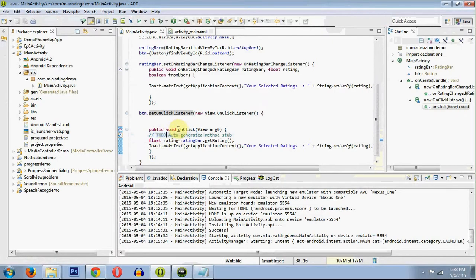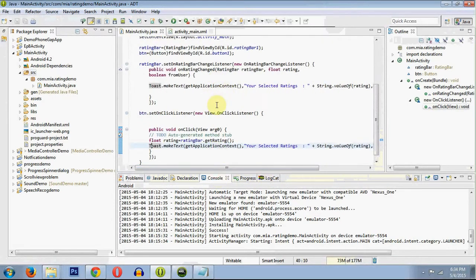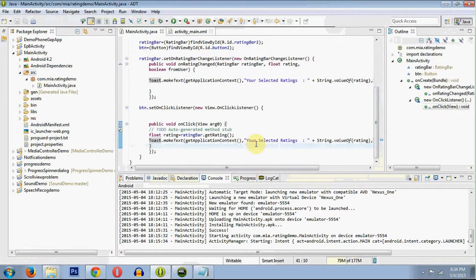So it overrides the onClick method, and the same thing we will do here. You can just copy paste the line out here into the button method. So we are done with the code.